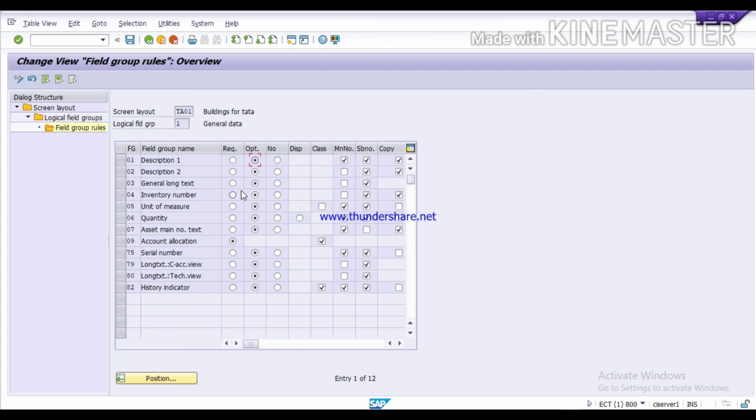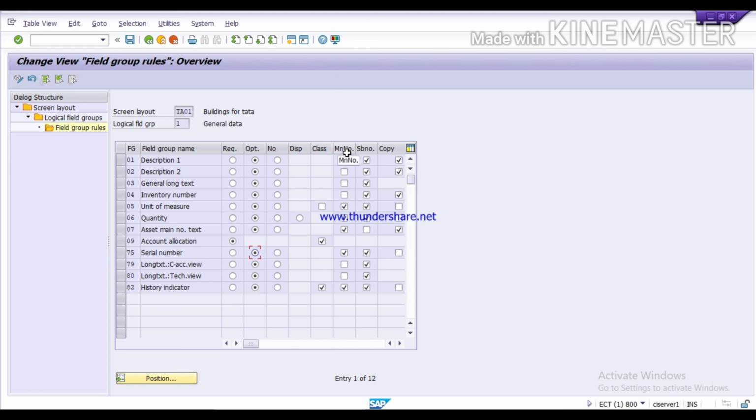So if you don't want to see this serial number, you can hide it from here. Otherwise, if you want it to be optional, you can click on optional. Likewise you can control your fields, and here you will get the option phases, levels.